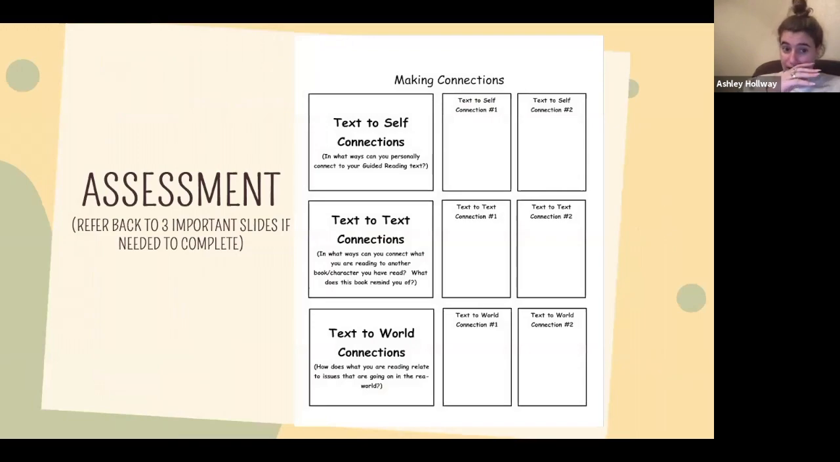Now, I will be handing you an assessment. You're able to refer back to the passage and the 3 slides to help you generate questions if you get stuck. But also on your assessment, it explains to you. So we're going to start with text to self, and you're going to put 2 connections that you gained from the passage. So like it says on the worksheet, in what ways can you personally connect to your guided